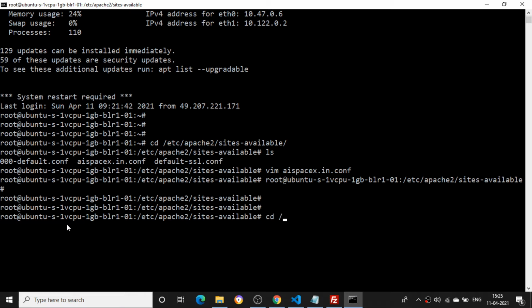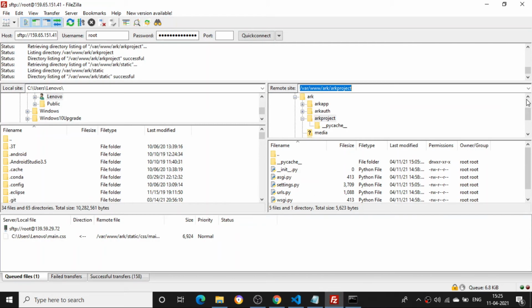So I'll just type cd /var/www/ark. So I'm coming back to this particular directory. Once I come here, there will be some permission issues, so I need to activate all the permissions now. First I need to give the database permission here. I have a database here in the ARK folder. If I just go one step back, we'll go to /ARK.